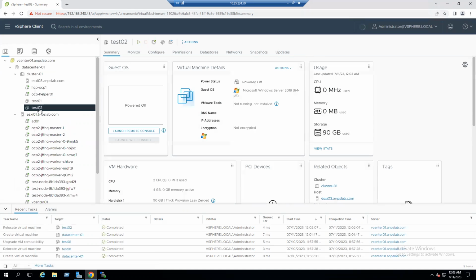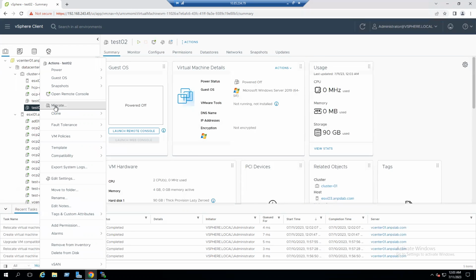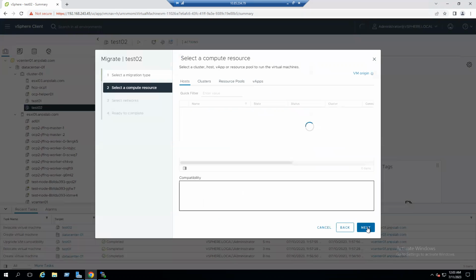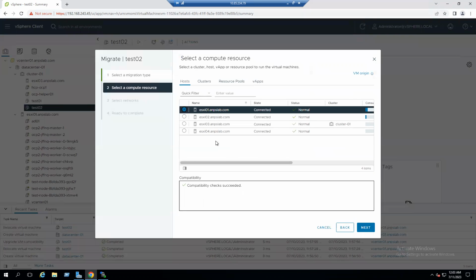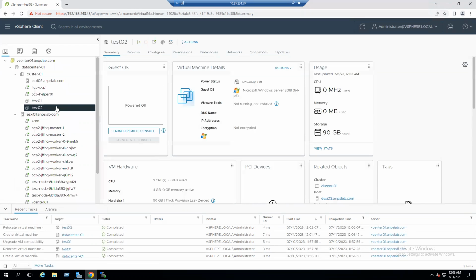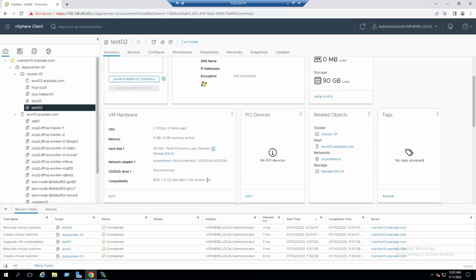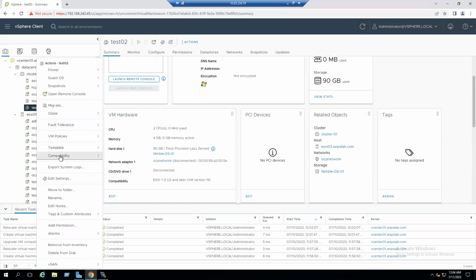But if we want to move back to the ESX1 again, same option: right click the VM, select migrate. When I click on next and choose the ESX1, the compatibility check succeeds. The reason is the test2 VM is still running with version 19. If I want to upgrade this virtual machine version from 19 to 20, the procedure is, we know, just compatibility